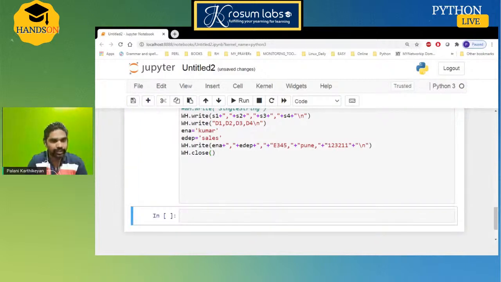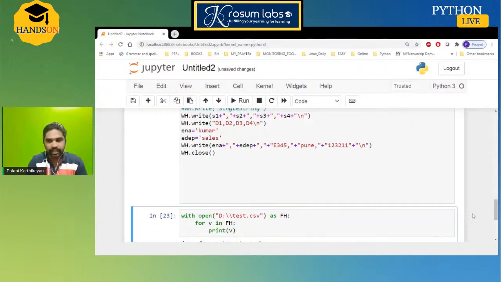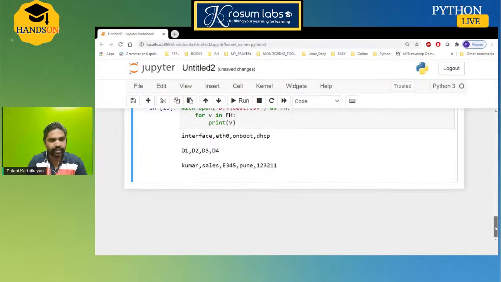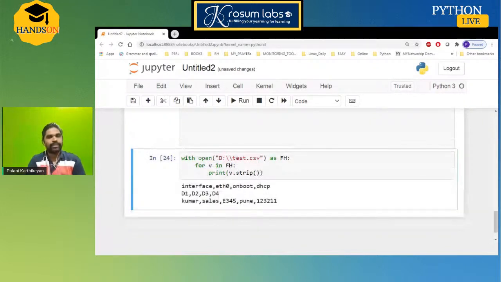So I'll open it here in with block style. I'll open the test.csv file, alias file handler. I put the direct file operation, sorry, followed by dot strip. Each line end I put explicitly slash n. If I do not put slash n, see the output. Each line end will show you at the bottom. Each line end, slash n is there. If you put dot strip, that output will be separated by comma.